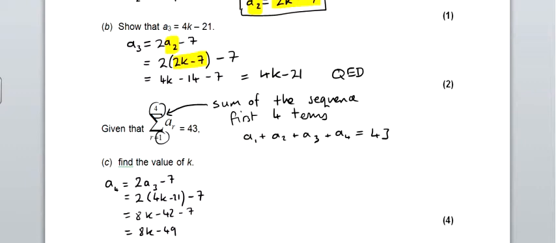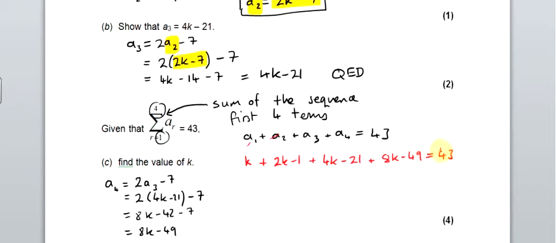So now what we can do is we can use this. So the first term was K, so that's our first term. Our second term was, if we just look back a moment, the second term was 2K minus 7. So we add that, 2K minus 7. So we've done that one, now we've done this one. The third term, that's this one here. That is 4K minus 21. And finally the fourth term, the one we just worked out, is 8K minus 49. And all of that lot equals